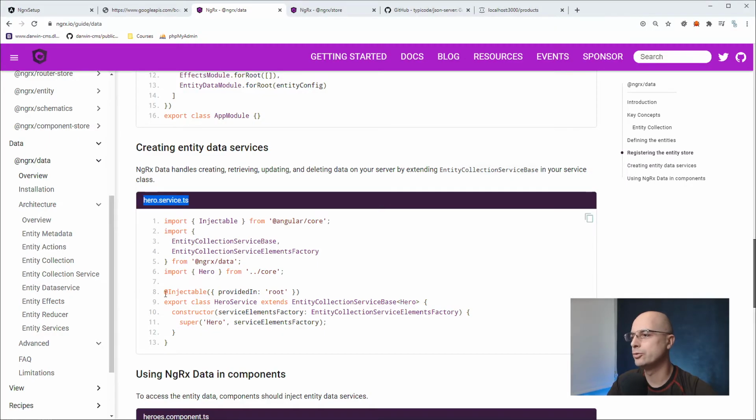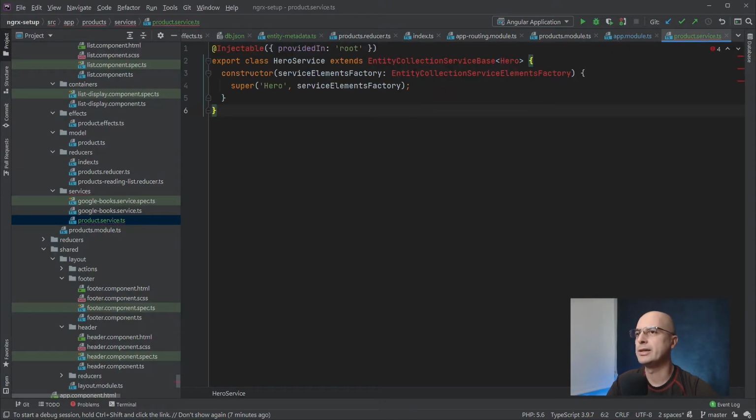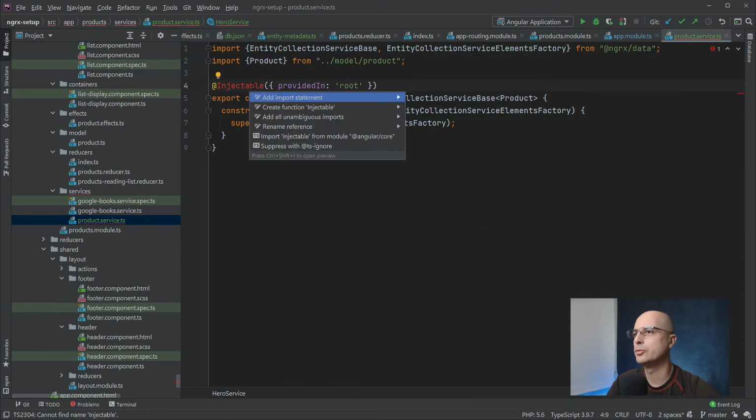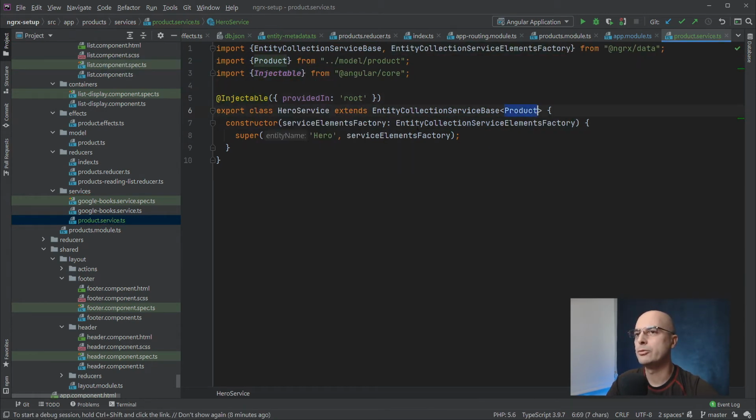And here we are going to export one class that will extend the entity collection service base. And instead of the hero here, we are going to provide the product. And let's import all other necessary libraries. And here we will basically tell the NgRx data that for the product, we want to use this service elements factory. We can again extend a lot of these things, but depending on the level of configuration you need, you might as well either work without NgRx data or adjust your backend so that it fits to what the frontend